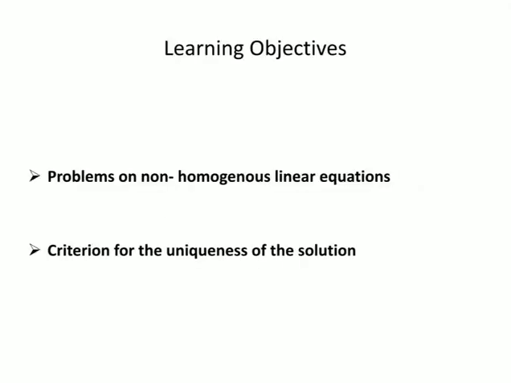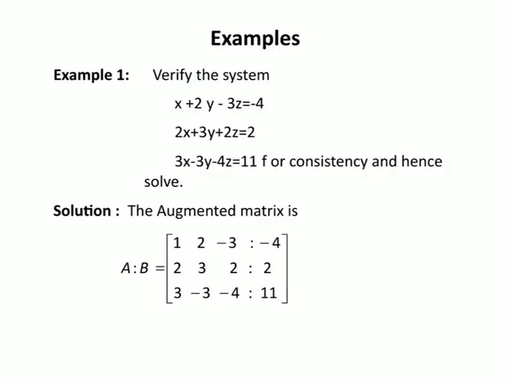Learning objectives of this session are problems on non-homogeneous linear equations and the criterion for the uniqueness of the solution. Let us take one example. Verify the system x plus 2y minus 3z equals 0, 2x plus 3y plus 2z equals 0, 3x minus 3y minus 4z equals 11 for consistency